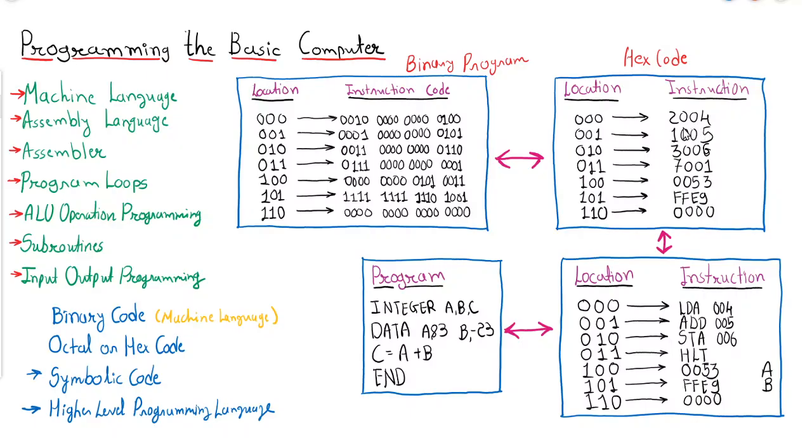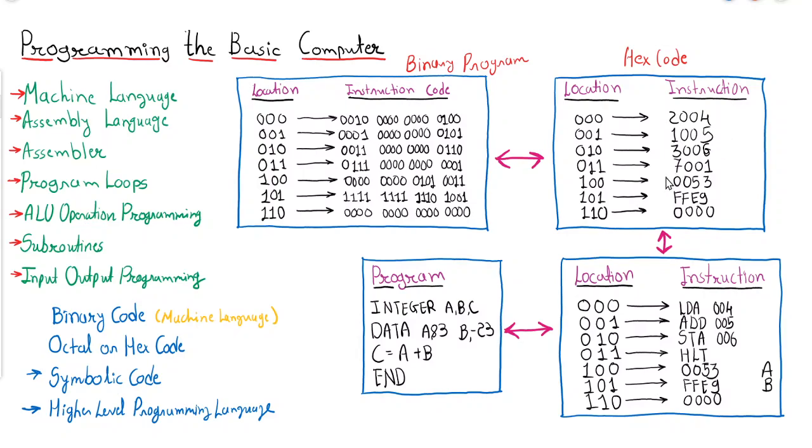Now still, what is the problem with this hexadecimal representation? Here it will be difficult to remember the operation code for each operation. If you try to recall the instruction format, we know that the first 4 bits represent the opcode and addressing mode. So it is very difficult to remember the number for each operation. So what will be done? This operation will be replaced using some names, which are known as mnemonics.